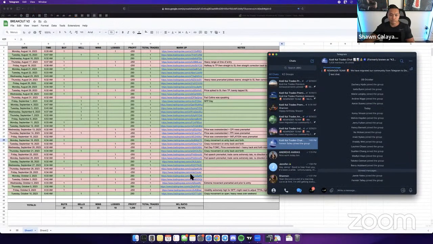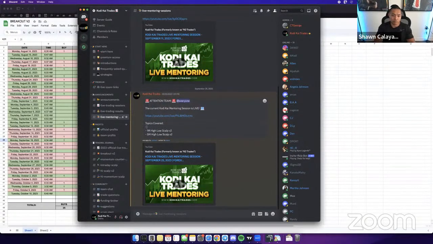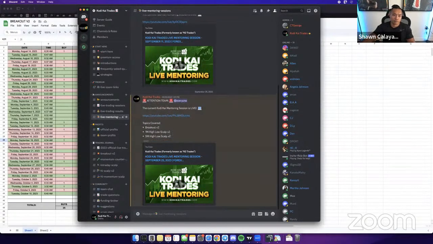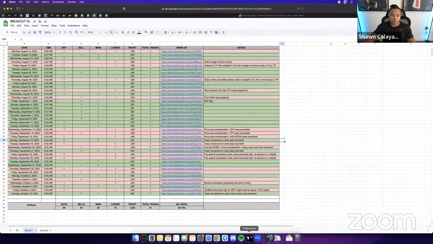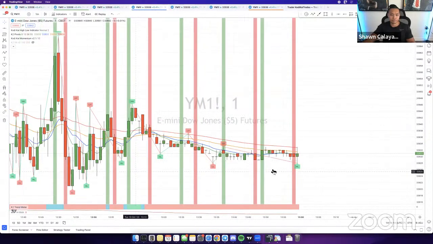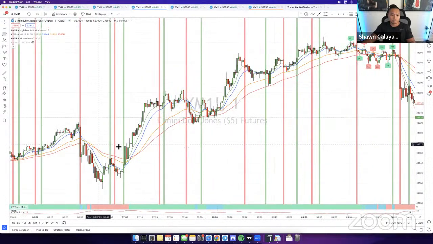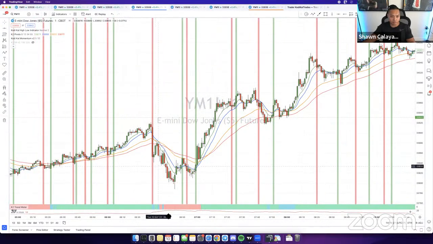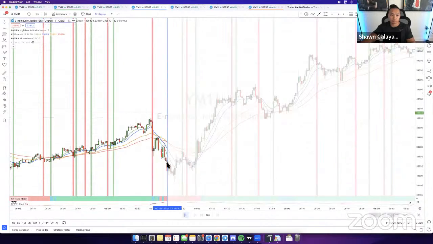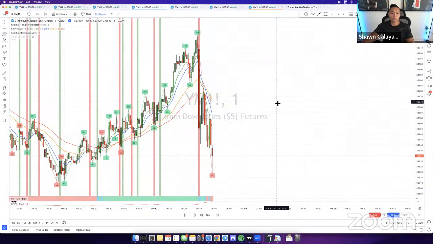All right, let me just add that over here real quick in the Discord. One other update is going to be breakout V2. All right, so I'm going to do this stuff in order. Let's start off with an example of the breakout V2. So I'll show you guys the entry from today. Let's go over here. The breakout V2 happened. I believe it happened right over here. So we'll start off with this first, and then after that, we'll cover the high-low scalps.